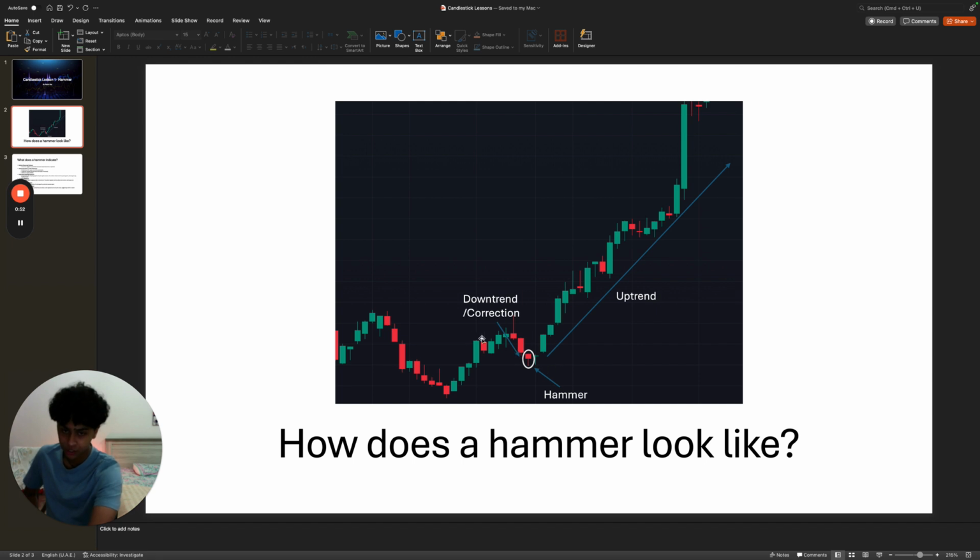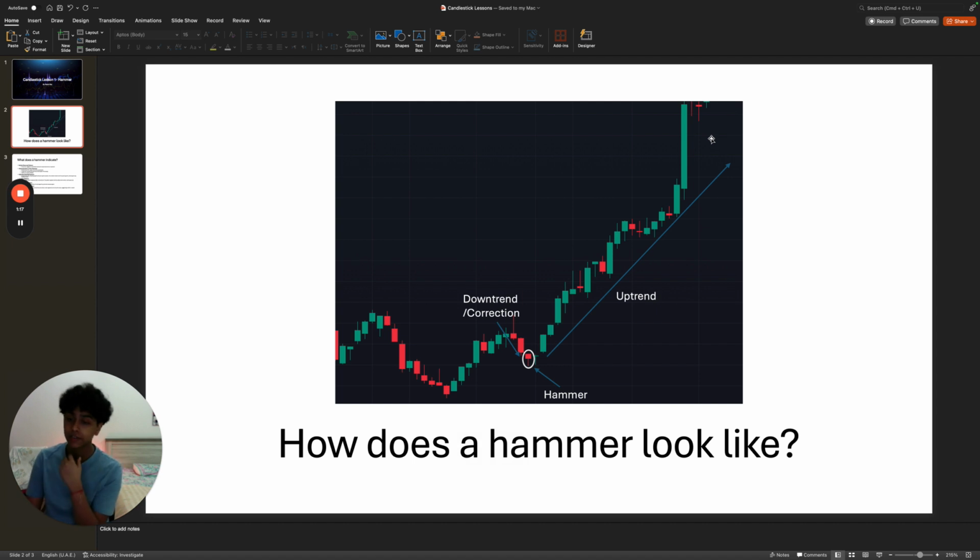Now, we can see from this chart, this isn't a particular downtrend, but this is a correction. We can see there was the uptrend here. This was a correction, and at the bottom of the correction was a hammer. After the hammer, there is an uptrend. This is typically what tends to happen. Not always. Let me make that clear. Nothing is 100% in this field. However,